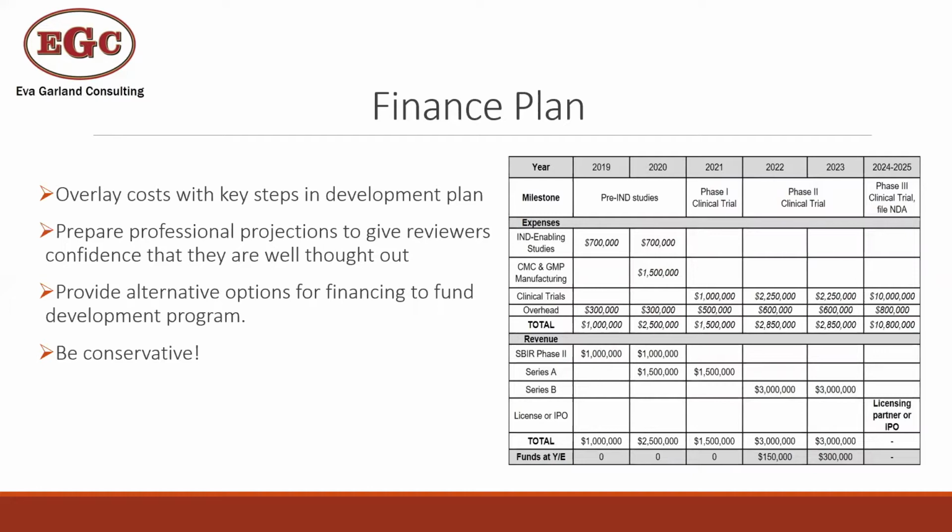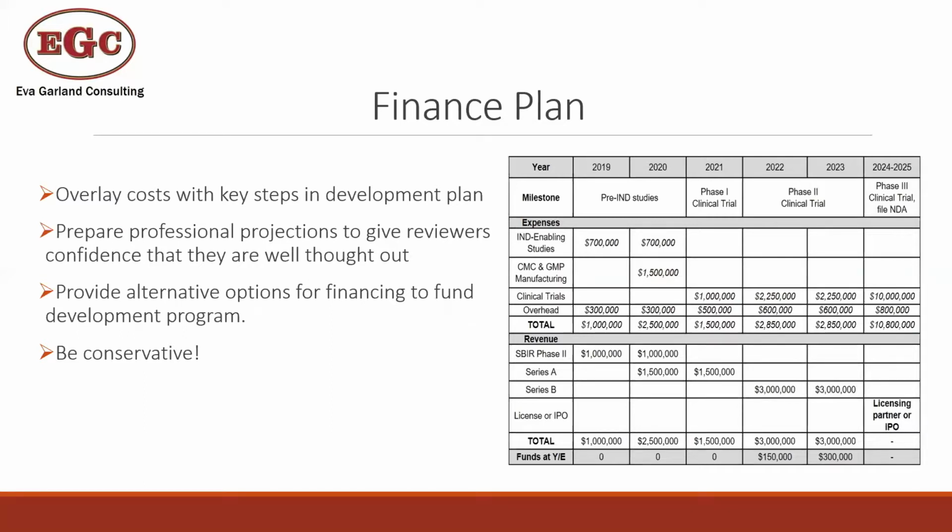For the finance plan, I like to overlay this with the development plan. Often I'll take my development plan figure and truncate it and show how the costs come in, so that you're covering that same area of development that you've already shown them. Your current development is going to come from the grant, and then where is the money going to come from downstream, after you finish the current project? For this, a lot of it is getting estimates from people who have been there, done that. Maybe you've already started costing out some of the downstream activities. It's just going to be an estimate at this point. Reviewers just want to see that you have a good idea of what you think costs are going to be, and where that is going to come from.